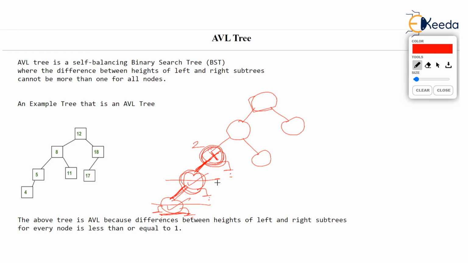The tree is unbalanced because even if a single node disobeys the rule, then the entire tree is unbalanced. And most importantly, the node which is not balanced from the bottom is the node which I have marked as X. Now, what happens most of the times,